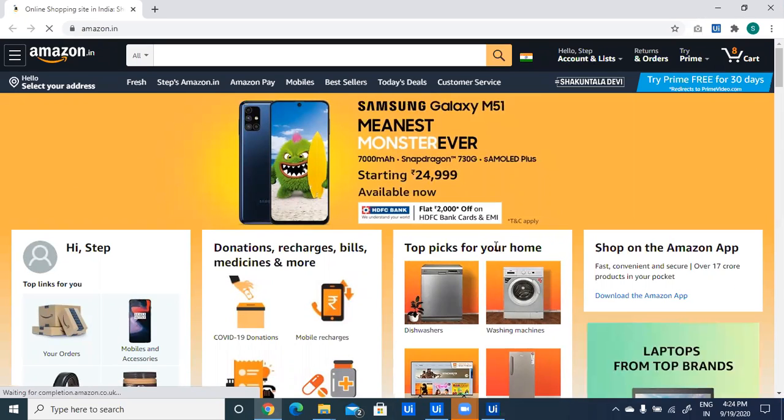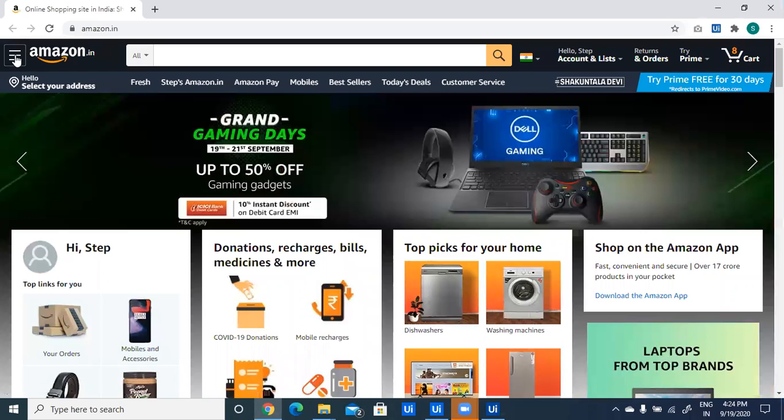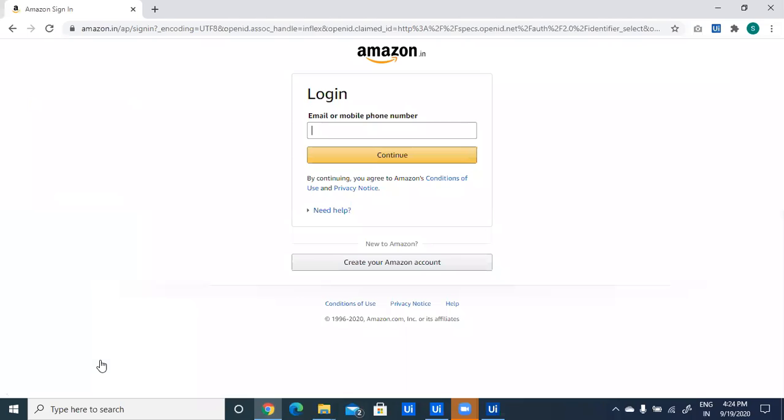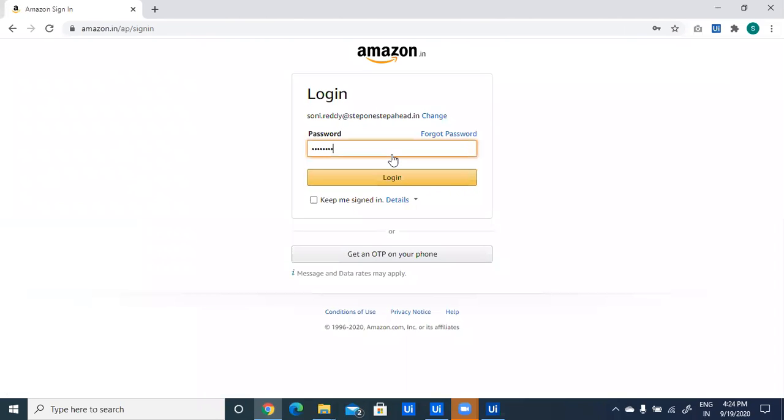So again, it has opened Amazon URL, and click on the toggle button, click on sign out, enter email ID, click on continue, enter password, click on login.